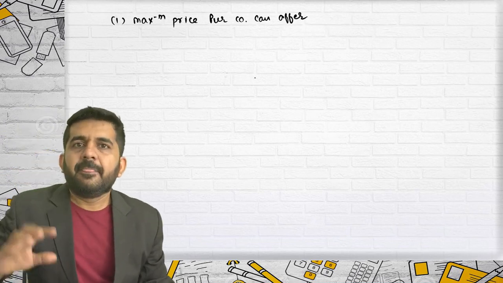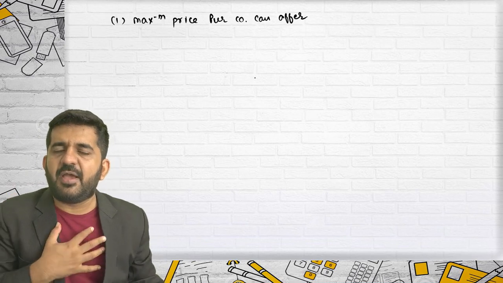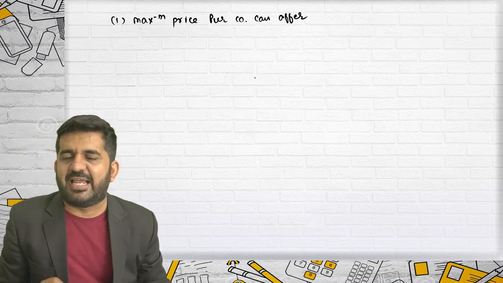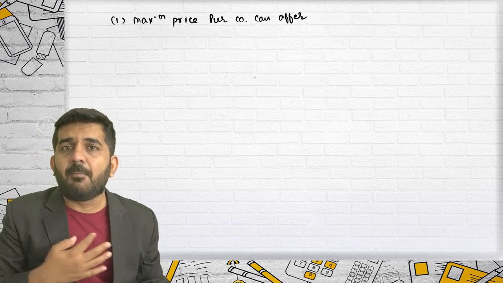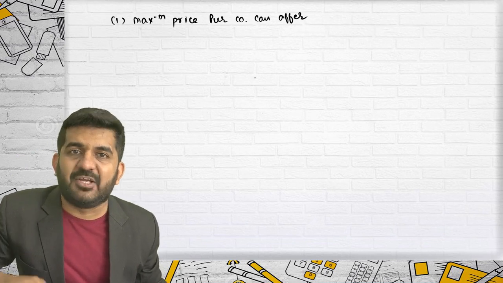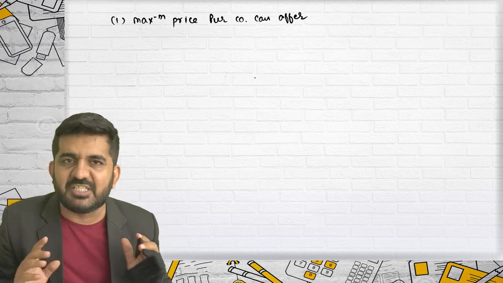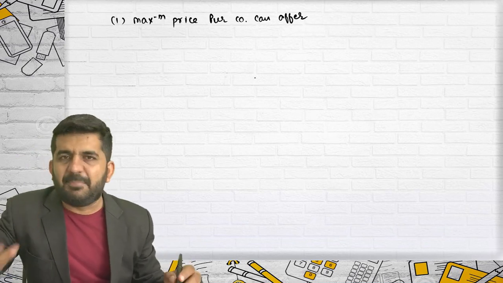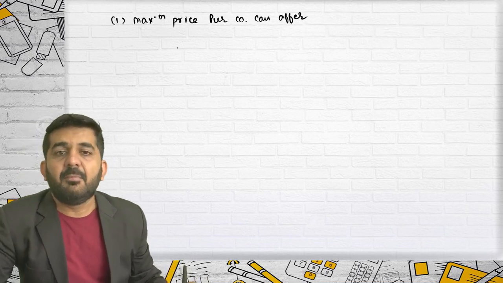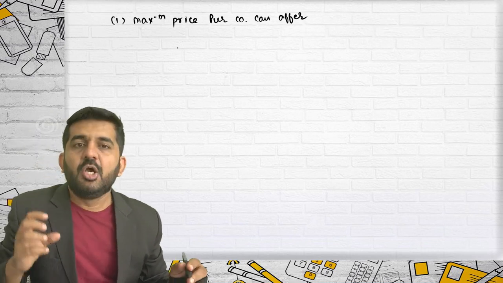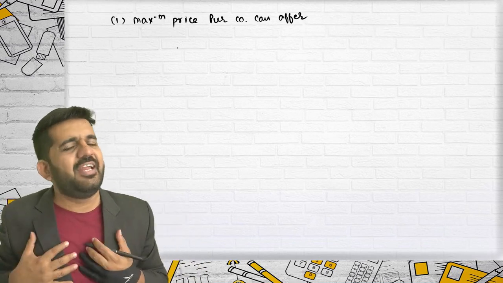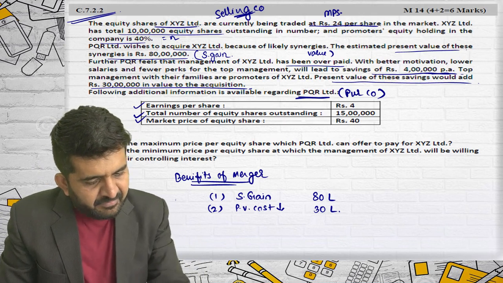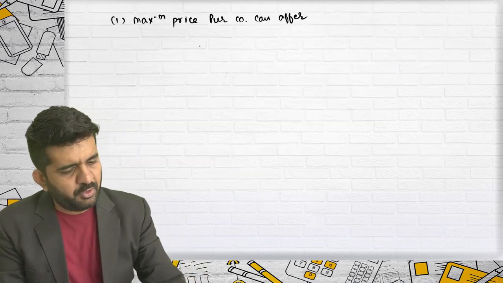Try to understand. In terms of market value, if I am a purchasing company and I am purchasing your company, you are the selling company, then what market value will be added to my company? Assuming both companies have the same PE ratio, not the same market capitalization, your market value will now be added to my company. And what is your market value? How many shares are you holding? 10 lakhs at the rate of rupees 24.